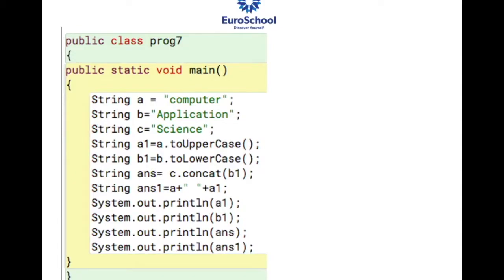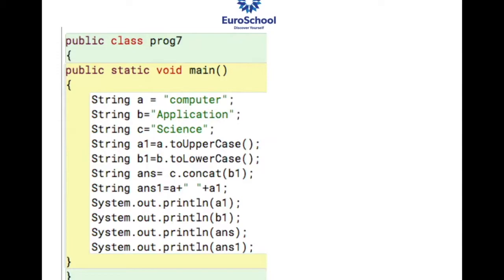I want Sahasi to give me the answer for ANS. Science and application. Would there be any blank space? No. How would the science be coming? The science will be the same. What is that same? All small letters, all capital letters? The S will be capital and then the others will be small. Perfect. Because I have not changed C, the science word, anywhere, it will remain S capital, science, and application would be all in small letters, correct?